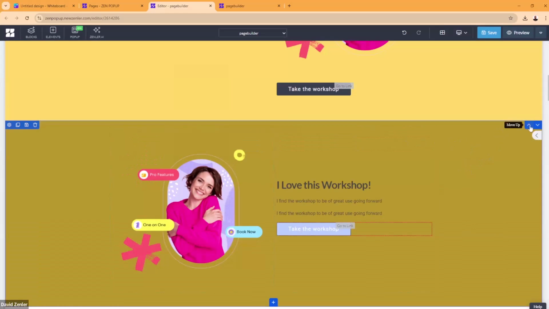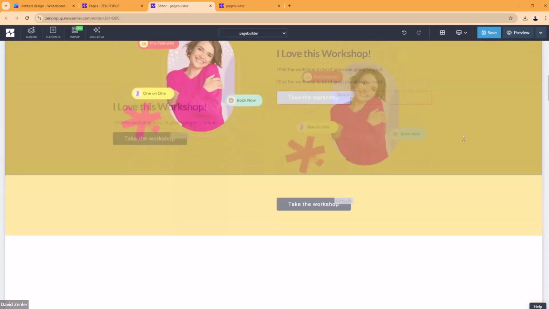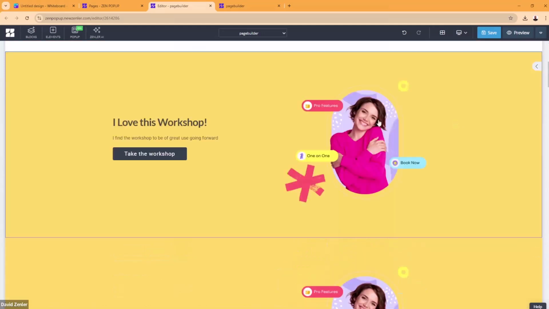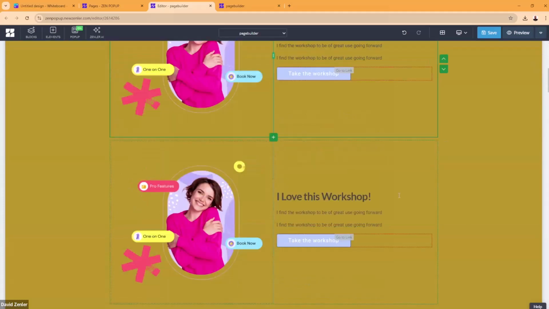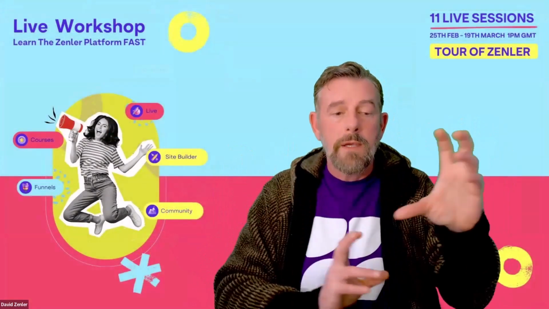If you click this blue block, you'll also see that you've got a little up and down, and you can add stuff going up and down inside here as well. Okay, so you've got that option as well. And remember what I said about extra rows, you can put extra rows inside here, so you can have 2 rows and then swap them out if you want as well. And that is how the page builder works. I know it's a lot to take on, there's so much you can do, and literally any design you have in your mind or you see on the internet, you can reproduce inside the Zenler platform with just thinking about it, just thinking about that column and that kind of row order and the way that it works responsively.